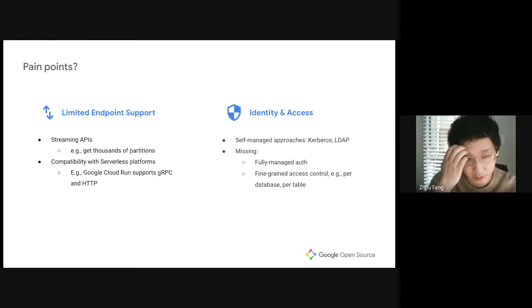We actually have a lot of pain points using Thrift today, because this is a product built decades ago. At that time, maybe Thrift was the most popular RPC endpoint, and gRPC was a beginner. So almost all of the Apache ecosystem is not using gRPC. But today, when we look at how Thrift is used here, we identified